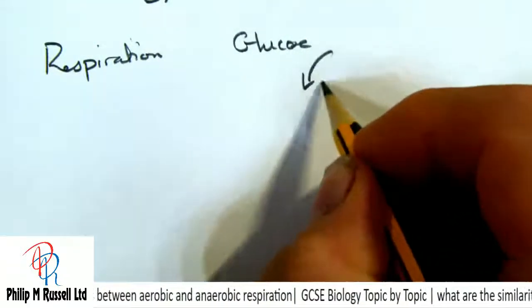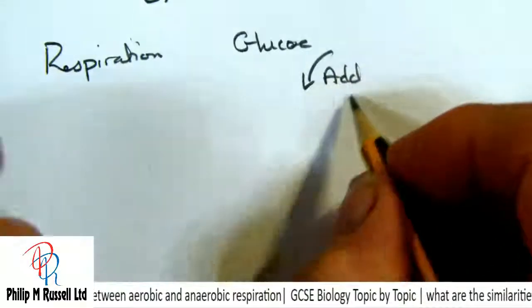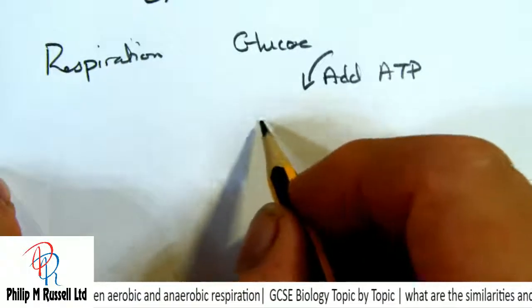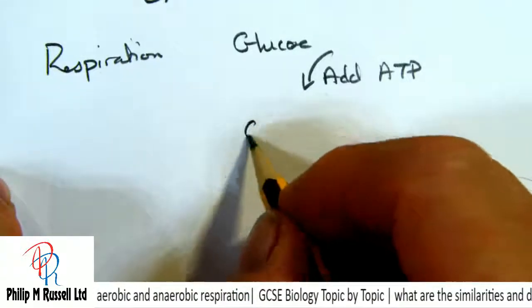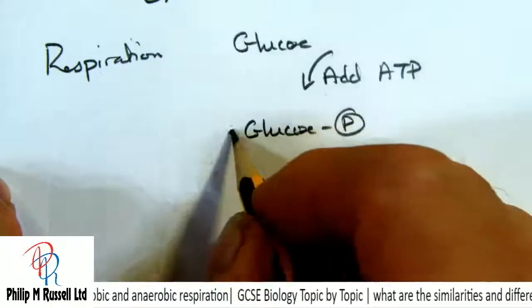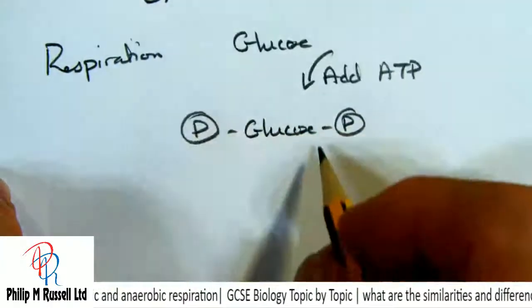We in fact add some ATP to this, and what we do is we actually make glucose with some phosphates joined to it,